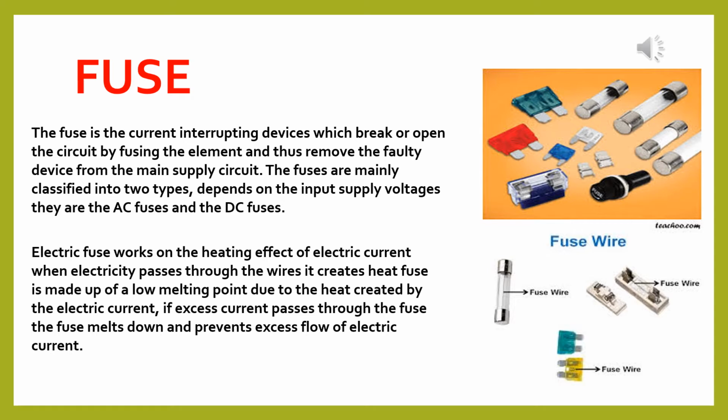Now the next one is the fuse. A fuse is an arrangement for protecting house wiring or electrical apparatus from damage due to passage of excess current over the permitted limit through them. It is a short wire of a material of high resistance and low melting point. It's a very important phrase: high resistance and low melting point. It is a short wire. When a large current flows through it, the wire melts due to excessive heating and so the circuit is snapped. Usually, the wire is made of an alloy of lead and tin.